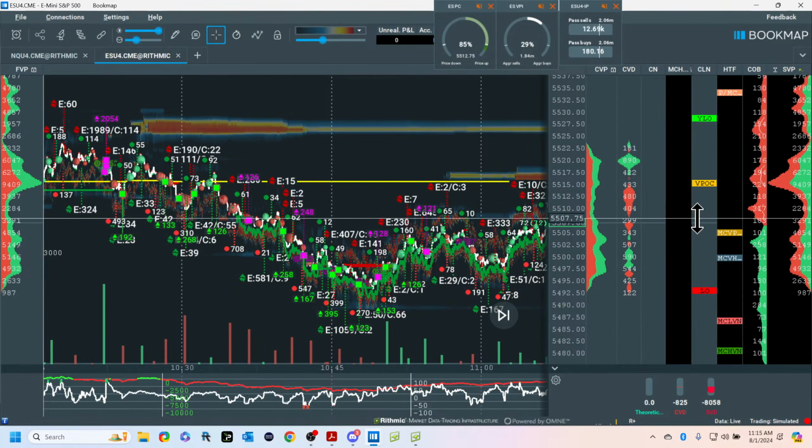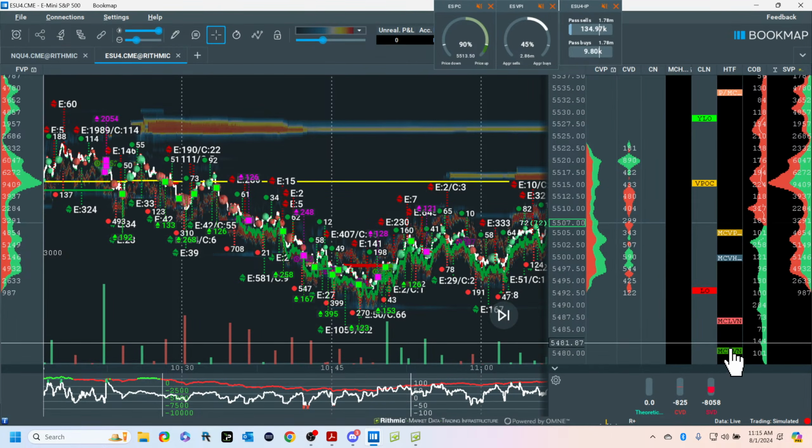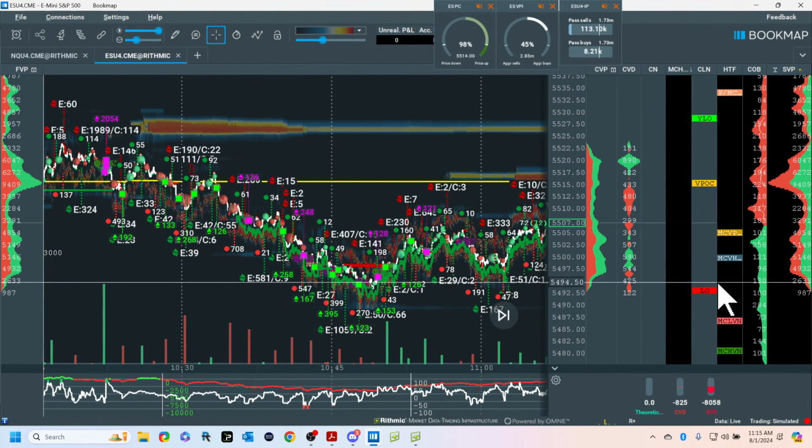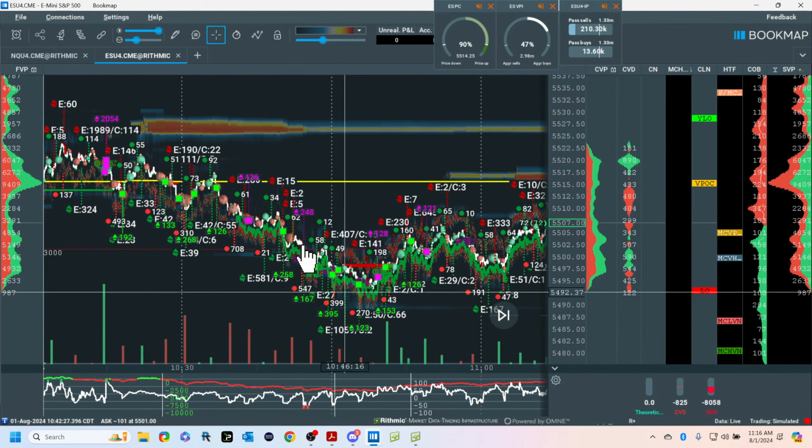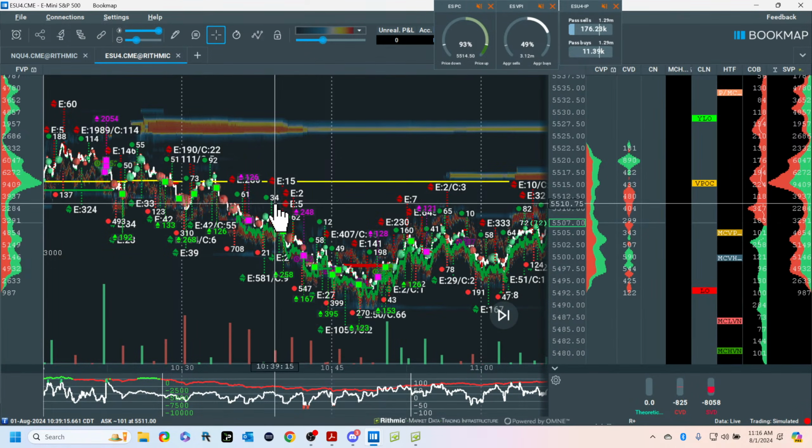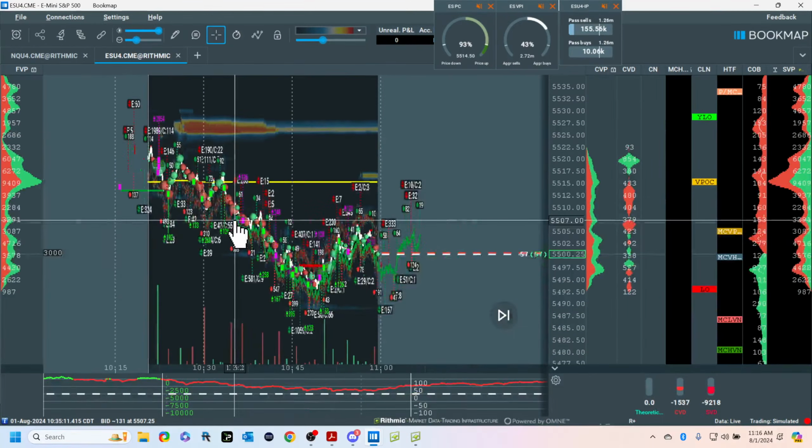So let's think the concept. This is the current retail price. This is in the higher time frame. This and this were targets right here. 5480 is also a target below. We're just going to put that on the docket. Who knows? So this is the current developing retail price. This is a higher time frame retail price. So target coming down, and then if we retrace to it from below, it sets up a short to test the low. I mean, this is just the way it is. What do I know?